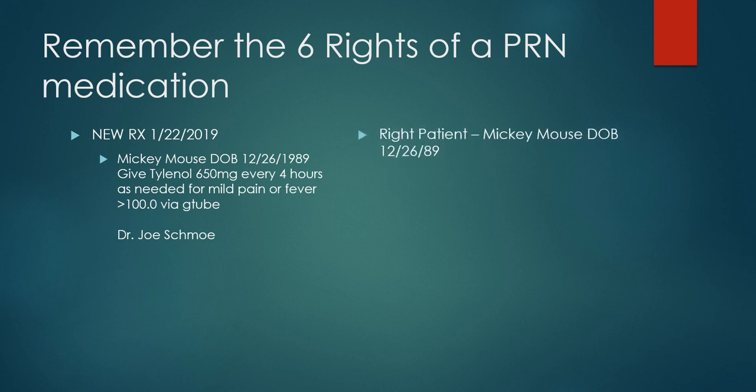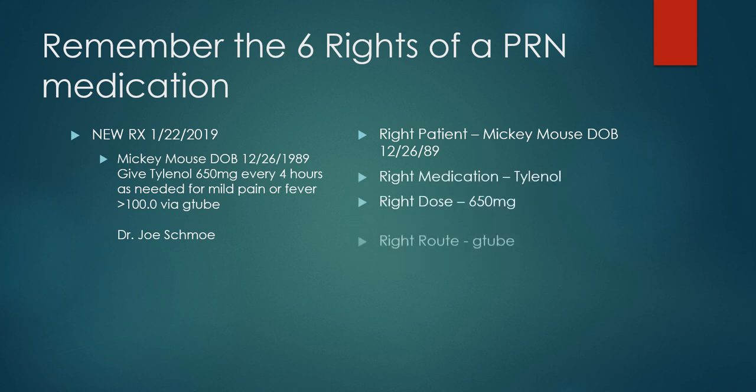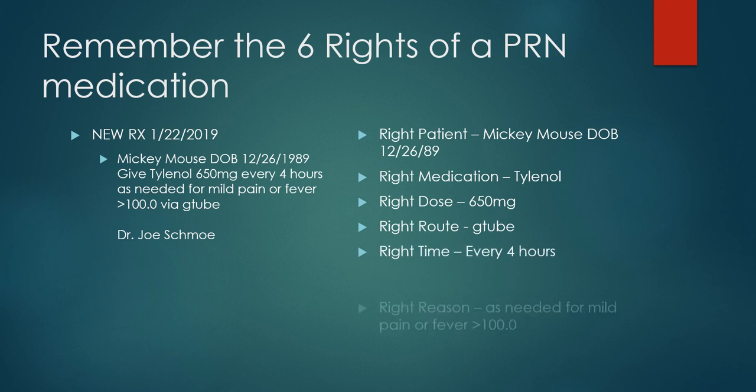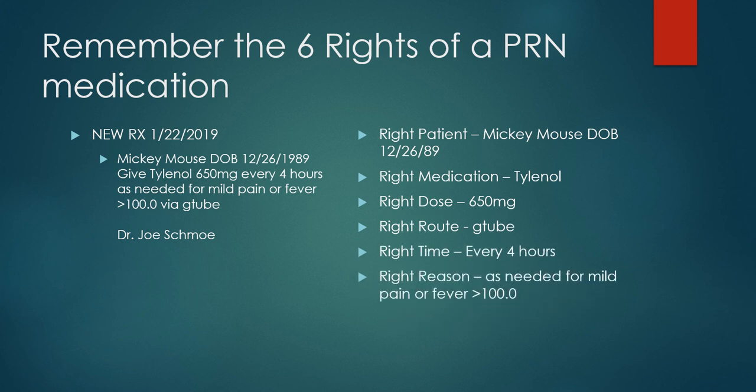So the right patient is Mickey Mouse, right medication is Tylenol, the dose is 650 milligrams, the route is G-tube, the right time is every 4 hours, and the reason is as needed for mild pain or fever greater than 100. When administering a PRN medication, be sure that the order includes the indication or reason that you are specifically